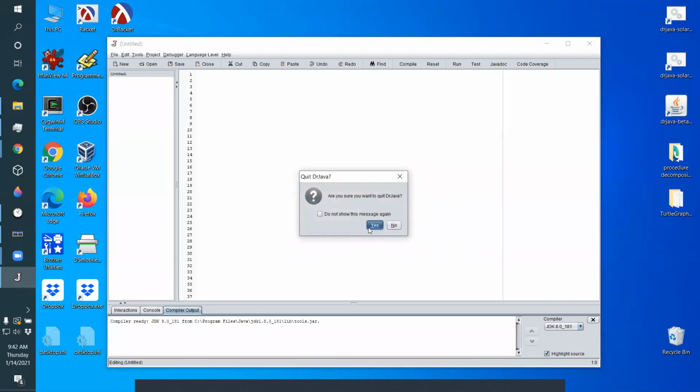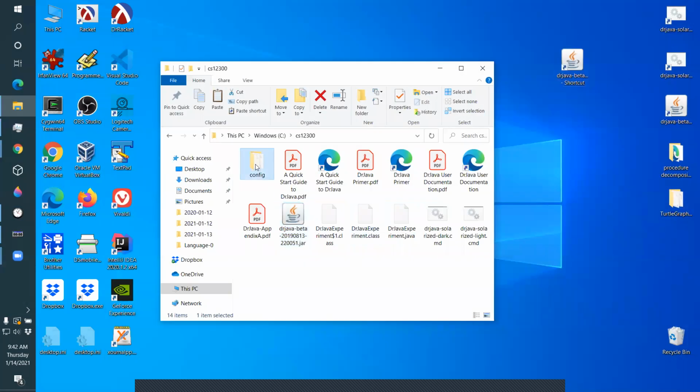The modifications are in this folder here, and Dr. Java needs to be with that folder. These two files run the modified version of Dr. Java, and they give it a light and a dark mode, okay? So for example, if you double click on that, it runs Dr. Java. It actually runs this program, but with some slight changes made to it,